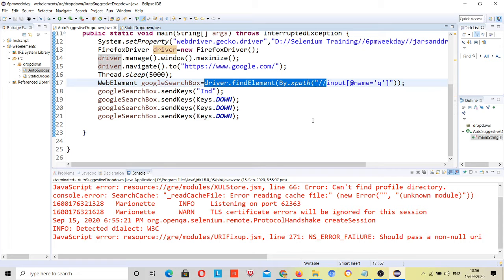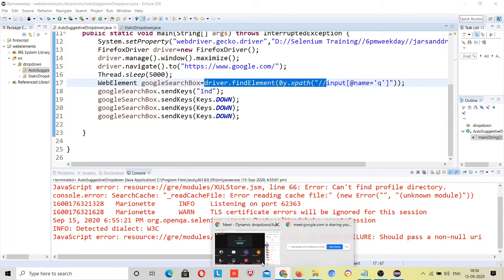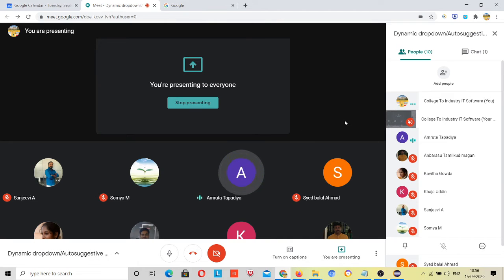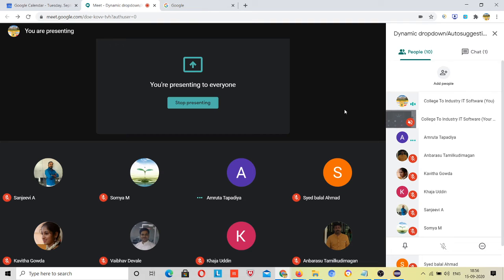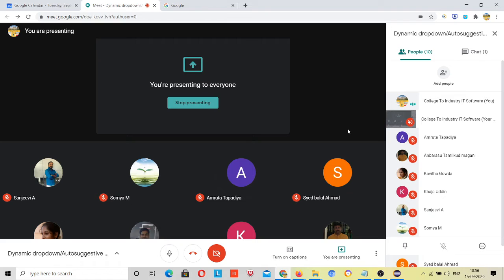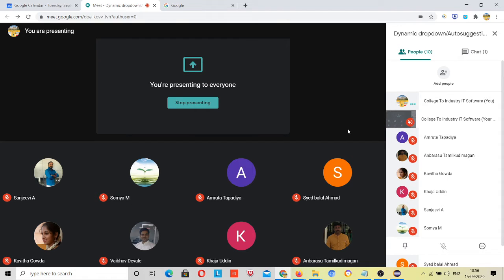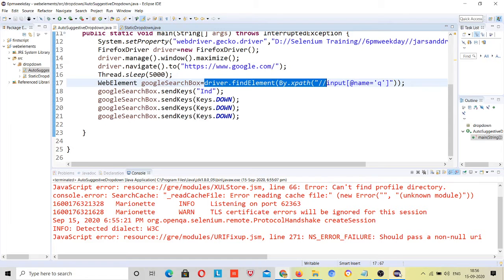Vandan, in any case, if I have to go to the eighth or ninth element, then I have to send so many keys down, down, down. No, you don't have to do this. You need to just match with your element, and we will use a loop for that, right? So if the result is at the 10th place, then we don't need to write this 10 times. We will get this text, and after getting the text we will do that, right?